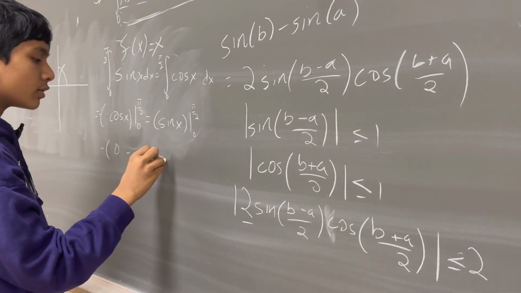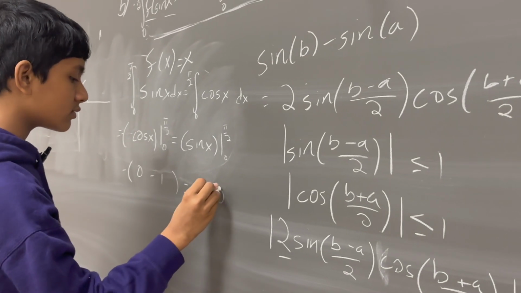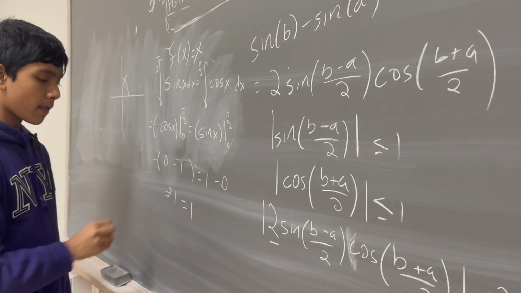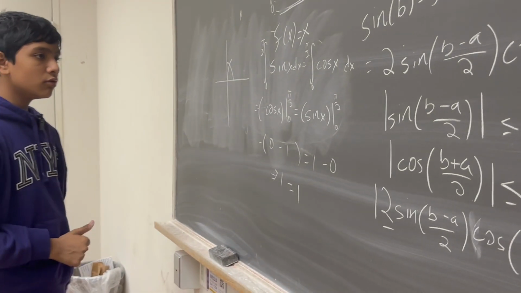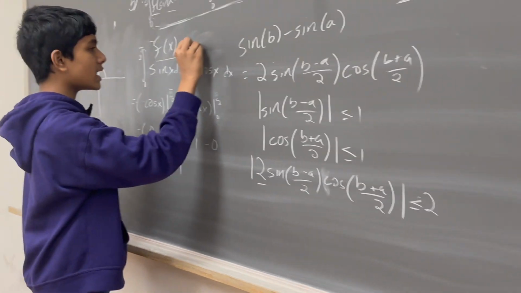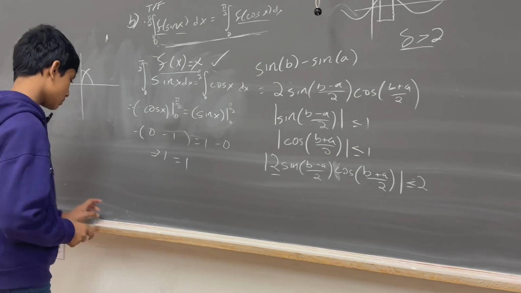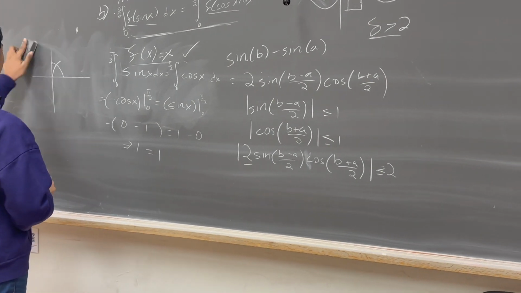Meanwhile, sine of pi over 2 is equal to 1, and sine of 0 is 0. So we have 1 is equal to 1. Alright, great. So we've shown that f of x equals x does work. So is this actually true? No. For proof of that,